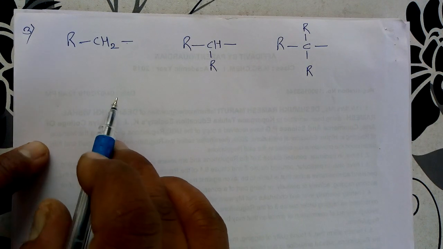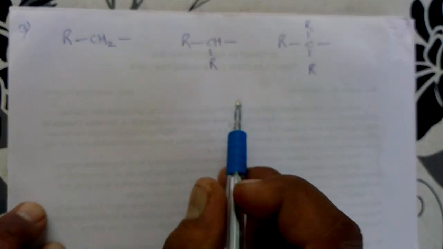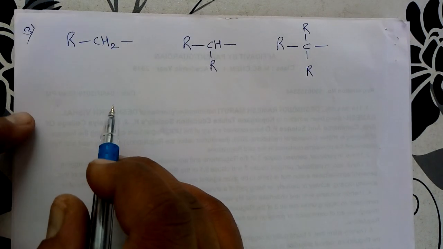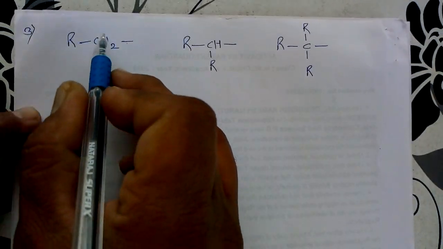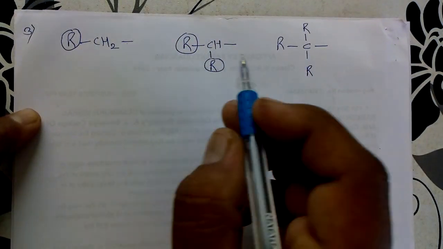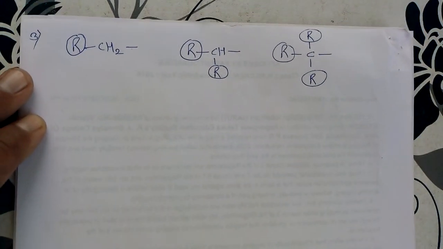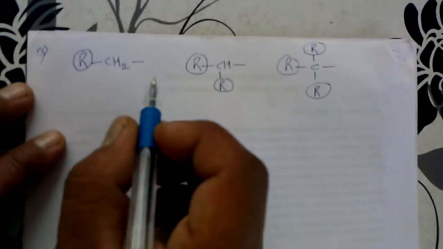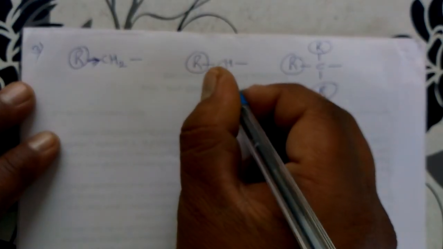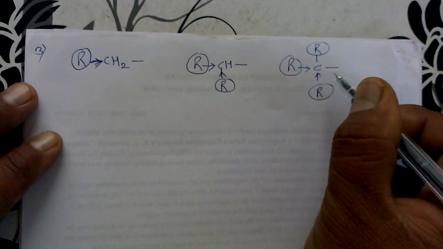Now as far as these molecules are concerned, what happens? If we go from the first to the second to the third molecule, more and more alkyl groups are added in a given compound. This is factor number 3, as the number of alkyl groups goes on increasing. In this case, one alkyl group is there. In this case, two alkyl groups. In this case, three alkyl groups are there. We know that these alkyl groups show the tendency to increase the electron density around the carbon atom. It transfers electron density towards the carbon atom. Again, it transfers electron density towards this carbon atom. It also transfers electron density towards this carbon atom.